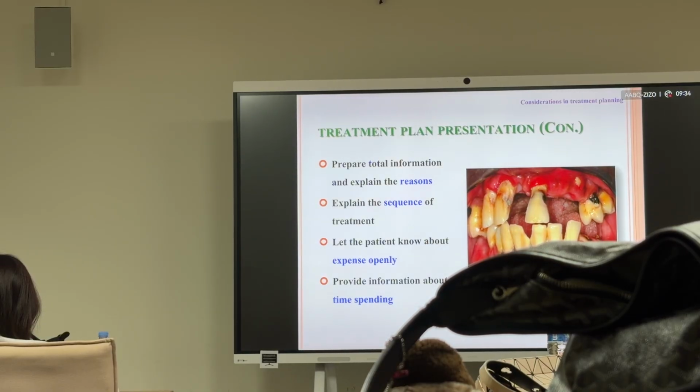If you want to make a denture for the patient,